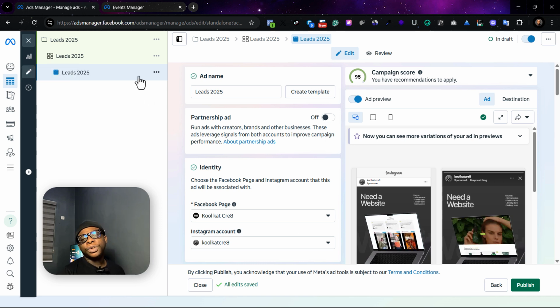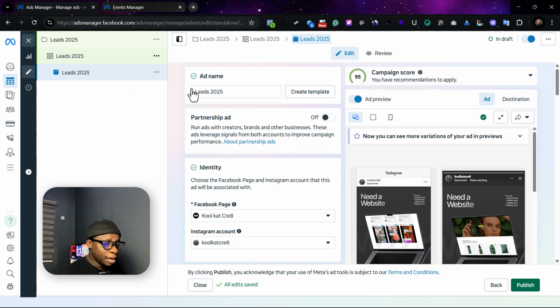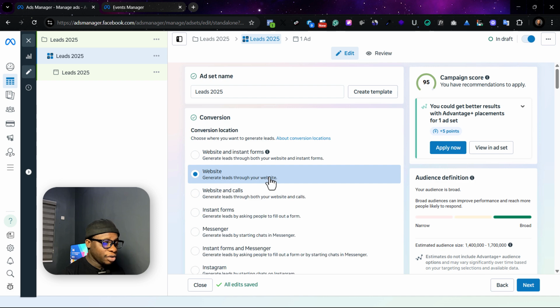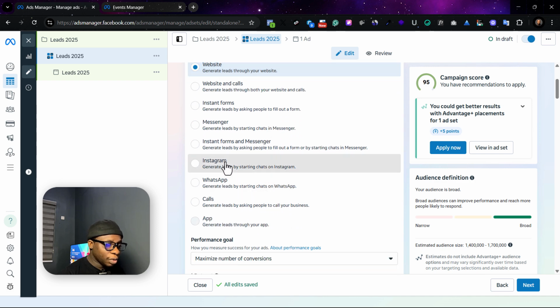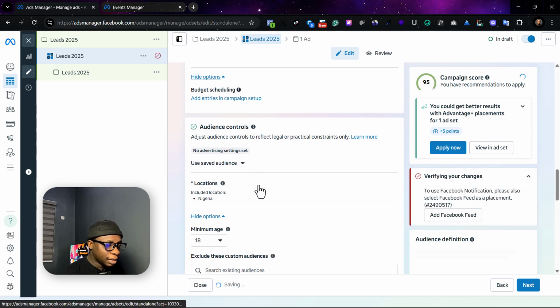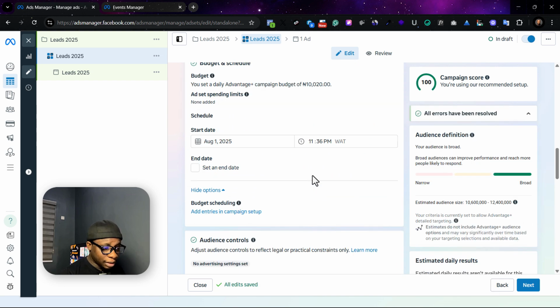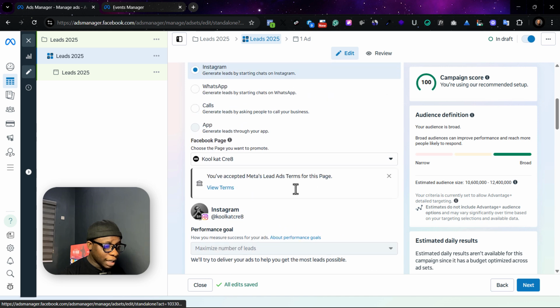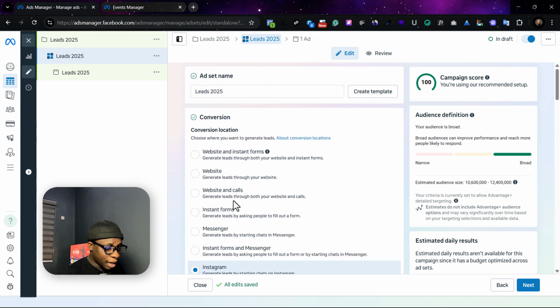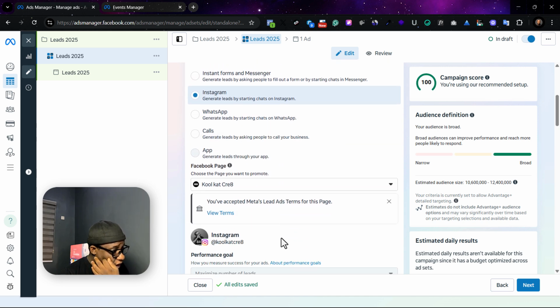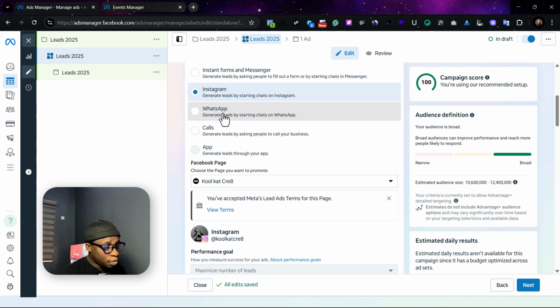Then you may be asking yourself, okay, how do I run ads to my Instagram? Same thing. Instead of choosing website, you can just come down and say, okay, I want it to go to Instagram, and it doesn't change so much. But once you select Instagram, like for example, now I selected Instagram, it actually tells you to select this. If I select WhatsApp, right,